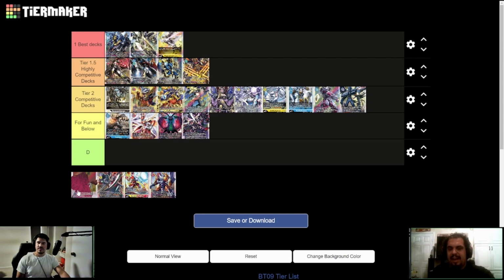So those are basically 2 things it has going for it. Yeah, even against a tier 1 deck, if you're able to establish a Gatekeeper, it is really obnoxious. Yeah, there are decks that have outs to it, but it is still hard to deal with. I think the only issue is that Alphamon can be faster or can straight up just remove the Death X, and MetalGarurumon is just faster. It's always going to be faster than this deck. Yep, 100%. And also, the more popular BlackWarGreymon gets, the worse this deck gets, because BlackWarGreymon is...